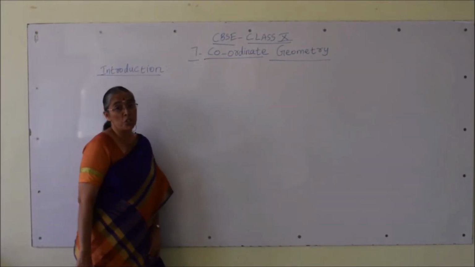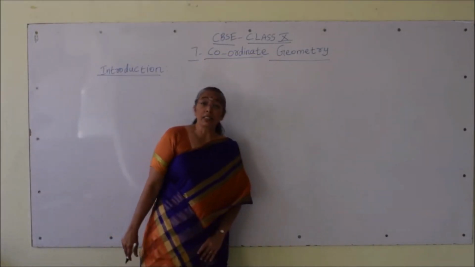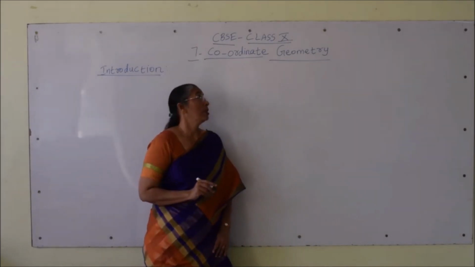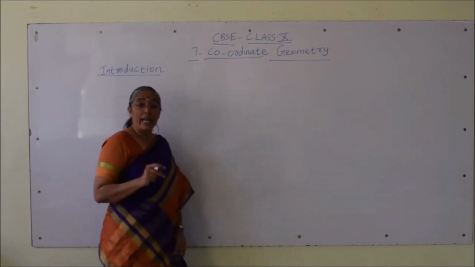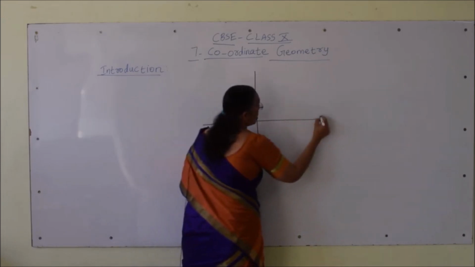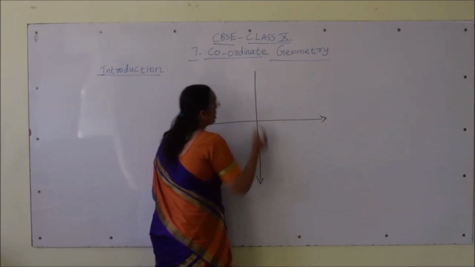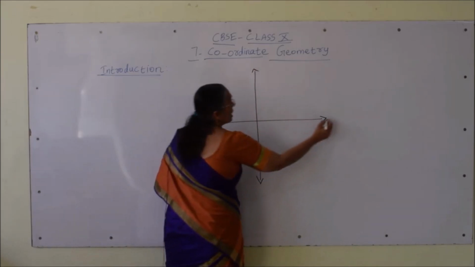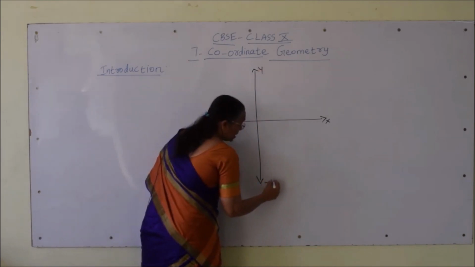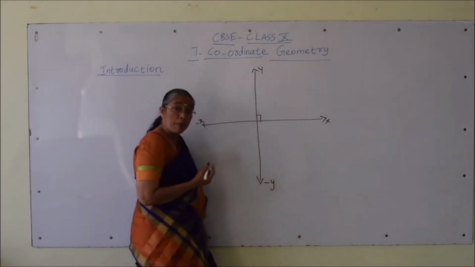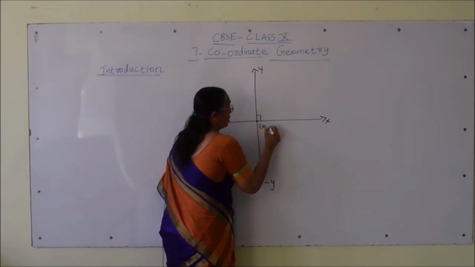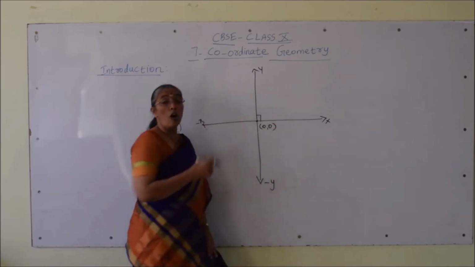Chapter 7 Coordinate Geometry. Let us recollect what we have learnt about coordinate geometry in the previous classes. In a plane, a rectangular Cartesian system consists of two axes. One is called x-axis, another one y-axis. The horizontal line is called x-axis and the vertical line is called y-axis, and these two lines are perpendicular to each other and their point of intersection is called origin, and it is represented by the coordinate pair of numbers